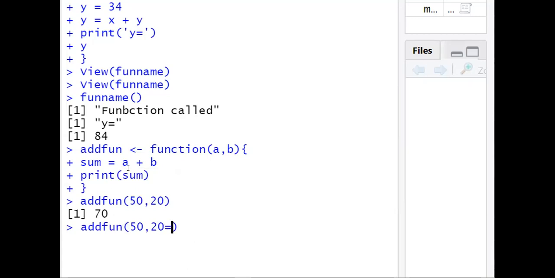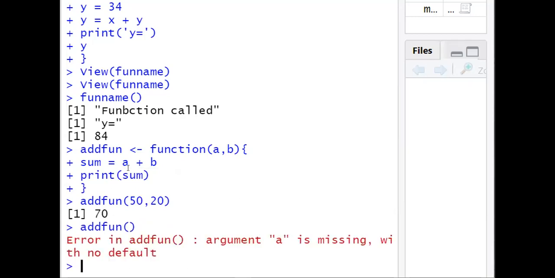So what if we don't pass the parameters? Then what happens? It is saying that the arguments are missing and there are no default values. Which means we can assign default values also for the parameters. A function must be called with the correct number of arguments. If the function is expecting two arguments, we must pass two arguments only, nothing less and nothing more. Suppose you want a default value, we can assign that also.